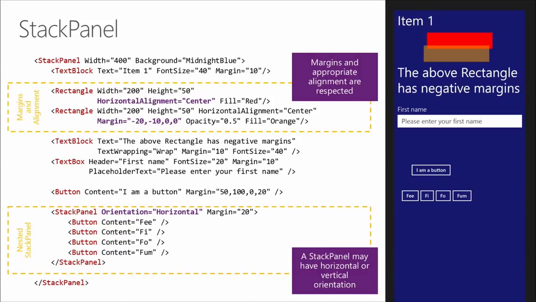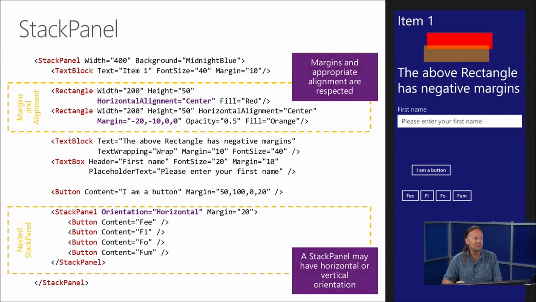A margin has 4 elements: left, top, right and bottom. So minus 20 there is the left, and minus 10 is the top, which is why you're seeing it shifted slightly leftwards and slightly upwards, seeing as how we count down from the top, positioning that one.